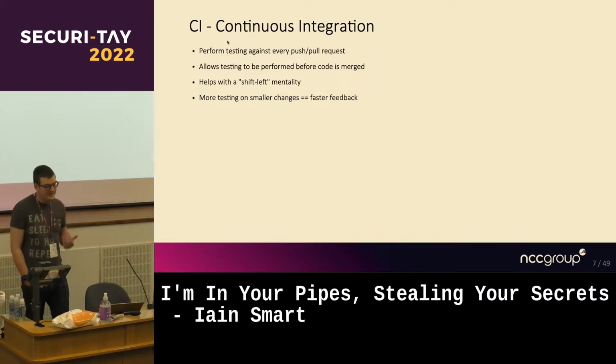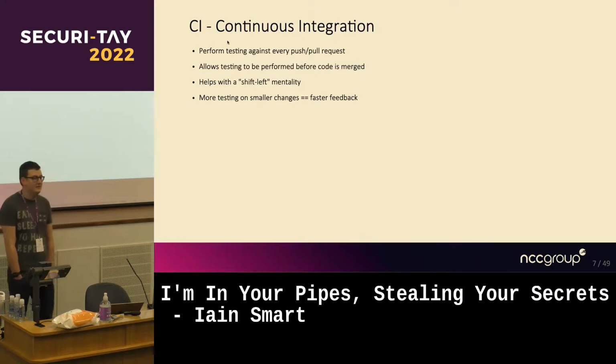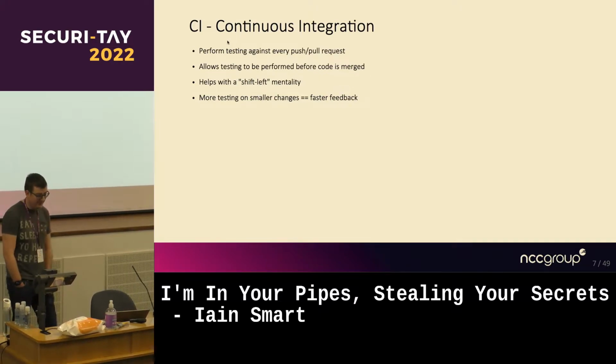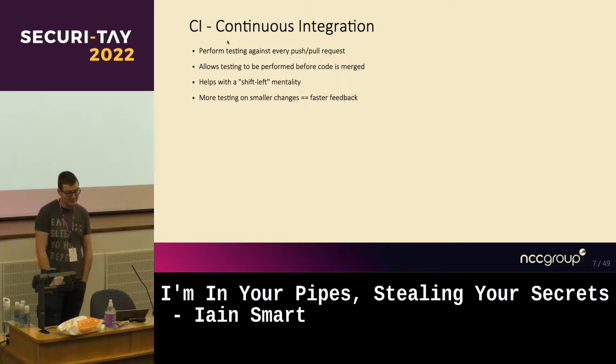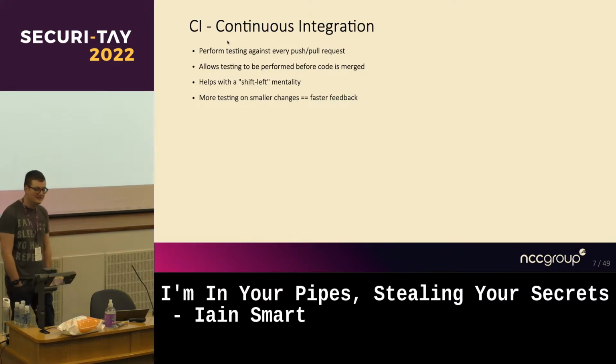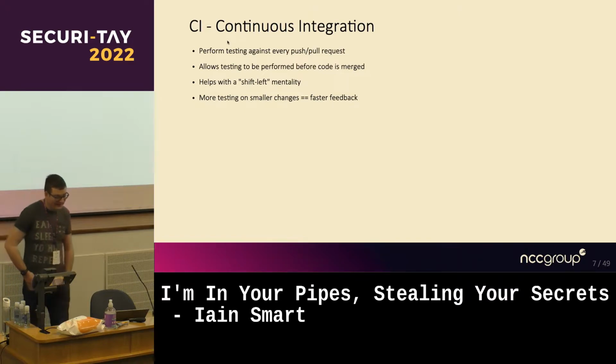So the CI part of CI/CD, continuous integration, is your testing phase. If you've got good unit tests in your code base, then every time you do a commit, you can have those unit tests run automatically. You can make sure that your code actually works and does what it's meant to. And obviously, the better your test suites, the more effective that will be. It also allows for more testing before a merge. So if you make a merge request for a couple of branches in Git, you can say, right, before this is automatically approved, just make sure that all the code works between my new dev branch and my production branch.